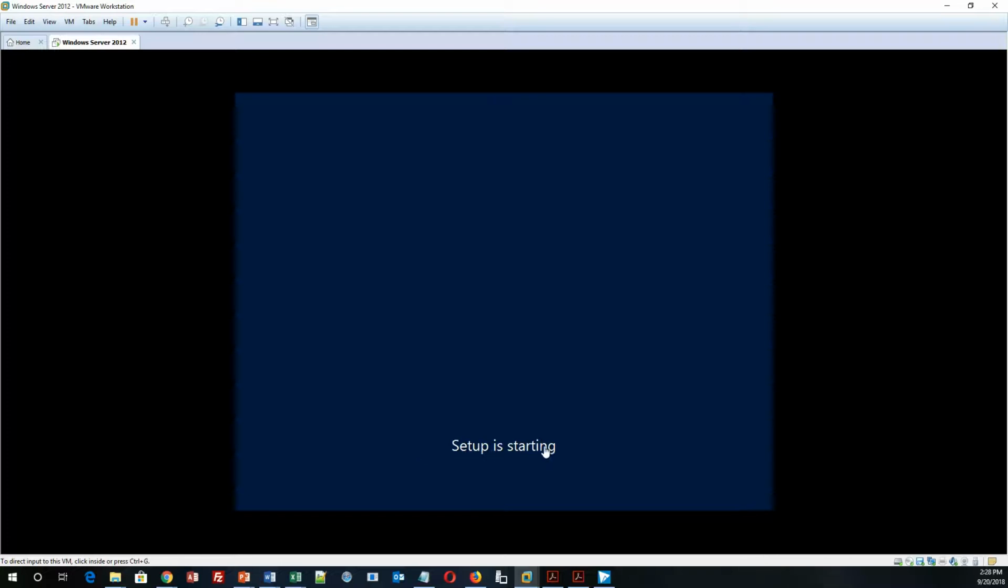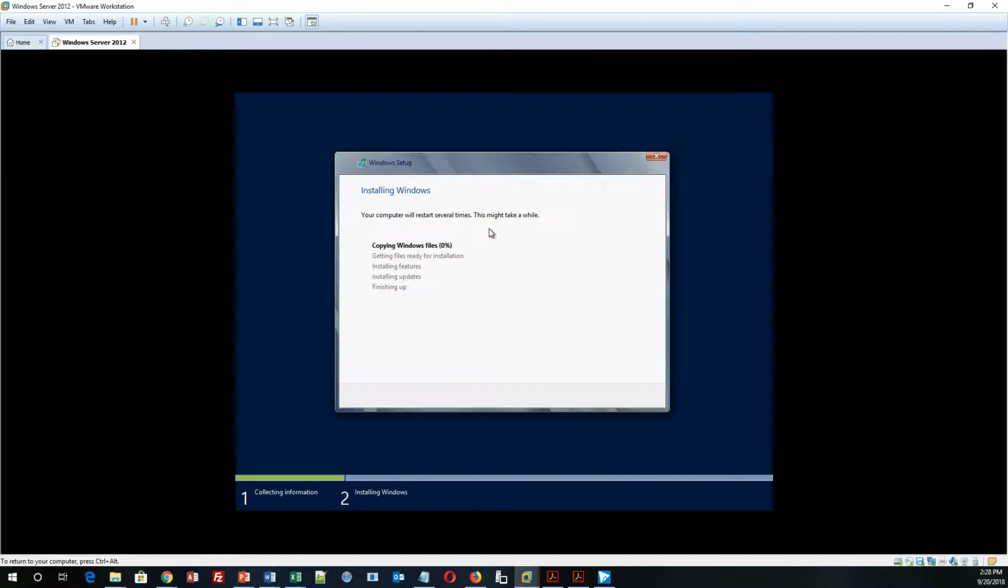Then it's going to say setup is starting. It's going to take a little while. You're going to get the little loading sign, and then you're going to get a Windows setup window similar to what I have here, where files are going to be copied and the installation process is going to begin. As the installation process